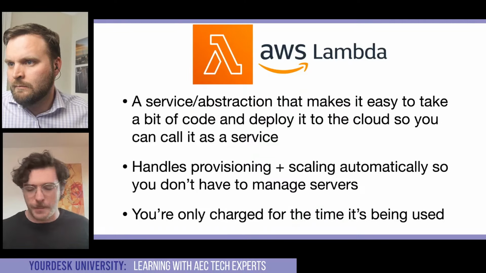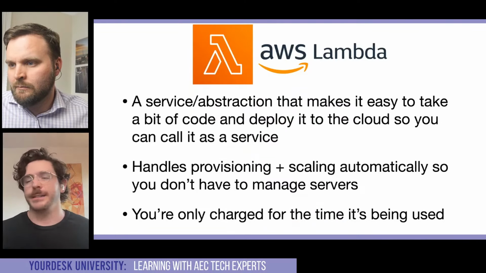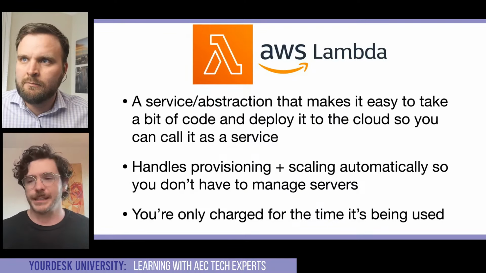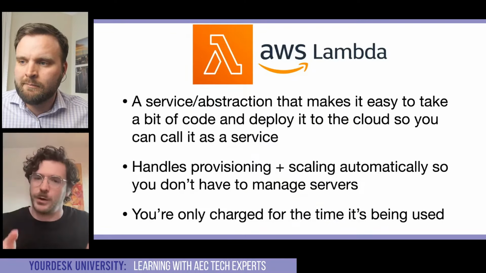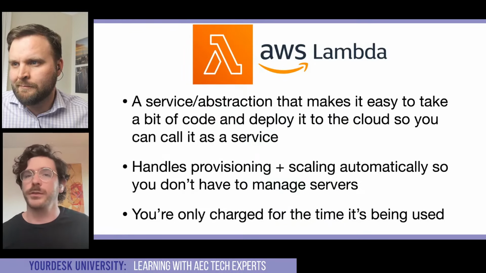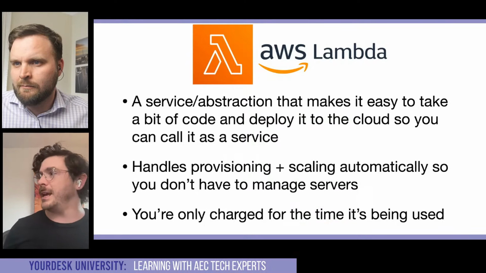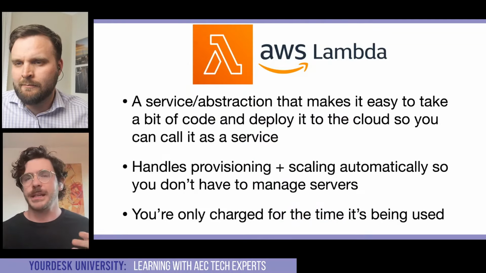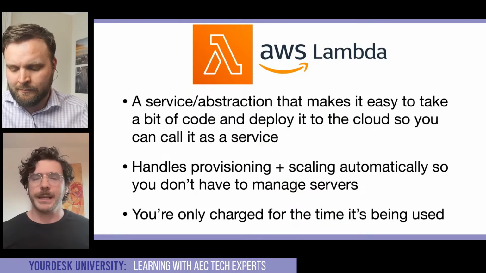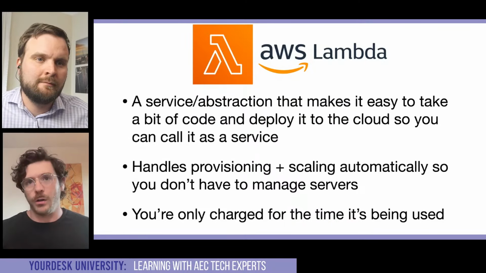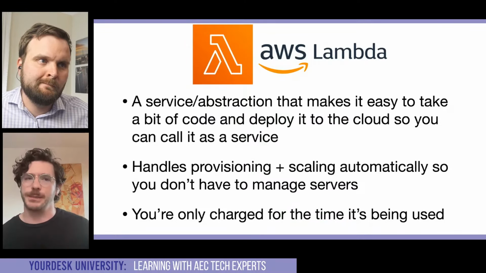I write some method or some function, and I want it to take in some input, and I want it to give me back some output. Amazon Lambda is designed to allow you to just write that code and then deploy it onto the cloud and not have to worry at all about what server it runs on. How many servers do I need? What happens if two people try to call this method at the same time? Amazon's infrastructure around Lambda automatically handles all of the provisioning and scaling, so you don't have to manage these servers. All you're responsible for is the code that actually runs, what goes in and what comes out.